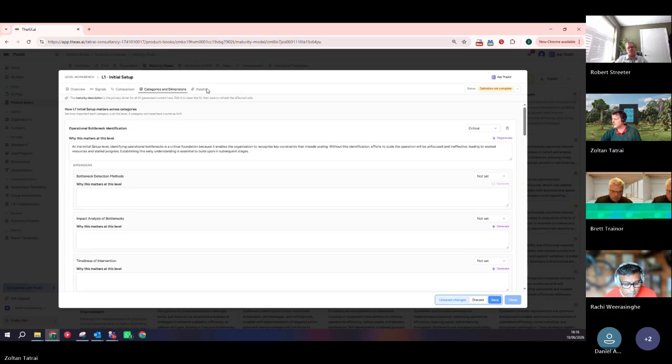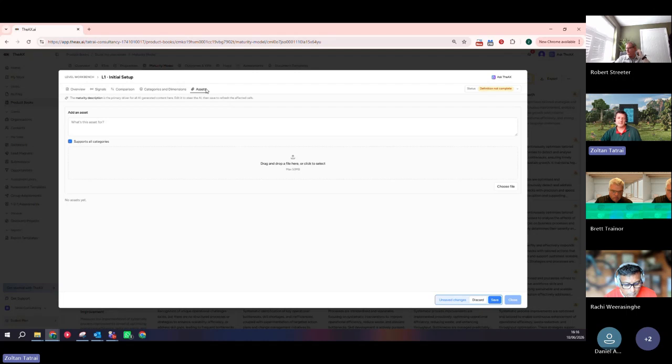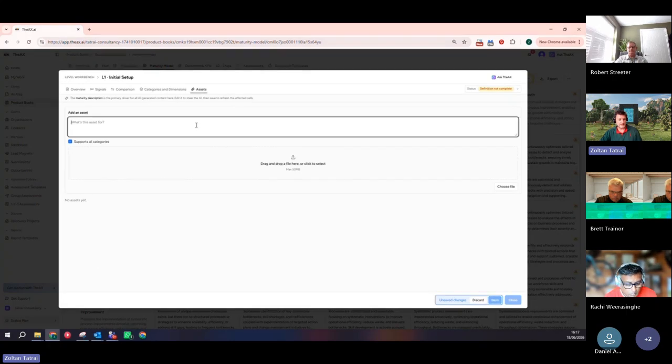Okay. The final tab here is the assets. So what you can do is you can also upload to AI some things that are supporting this level of definition. So for example, I have an asset that I've prepped for the categories, because you can upload it for the categories as well. So anything that you think would be a supporting document describing more about this level, or giving AI more understanding of why it's important, or actually just giving some templates that you will want to use later to provide to the client